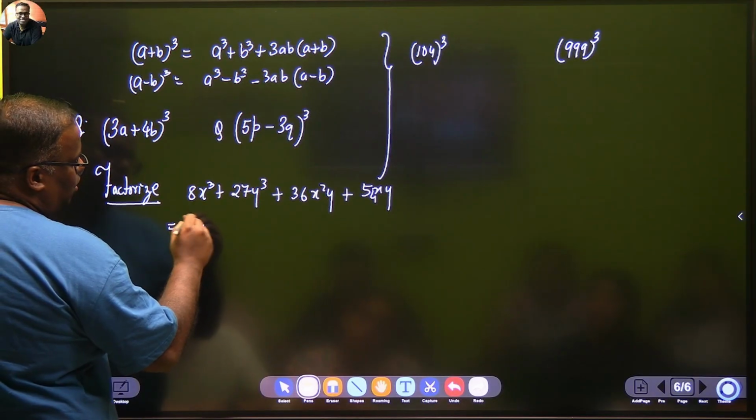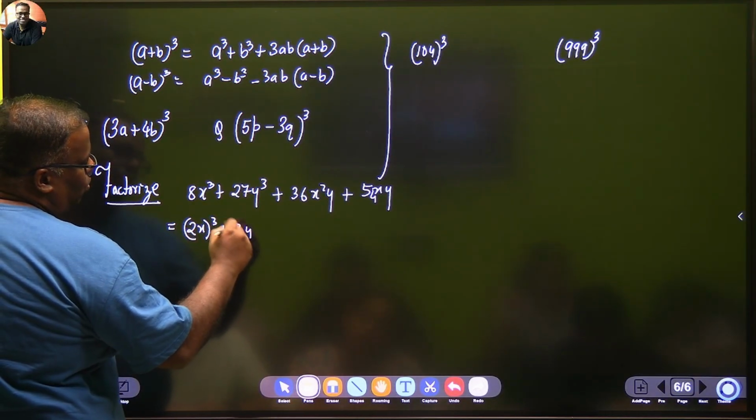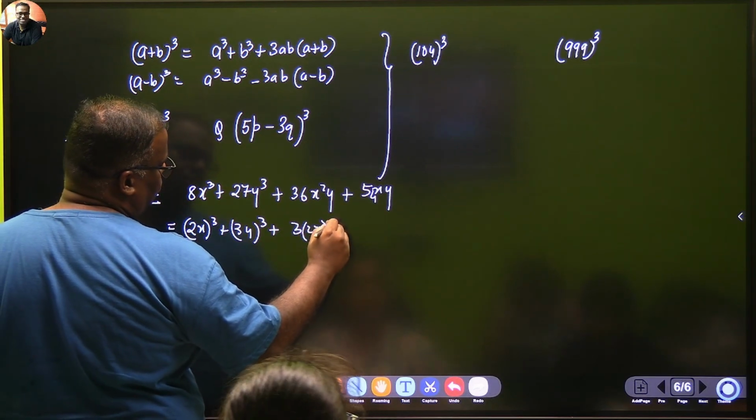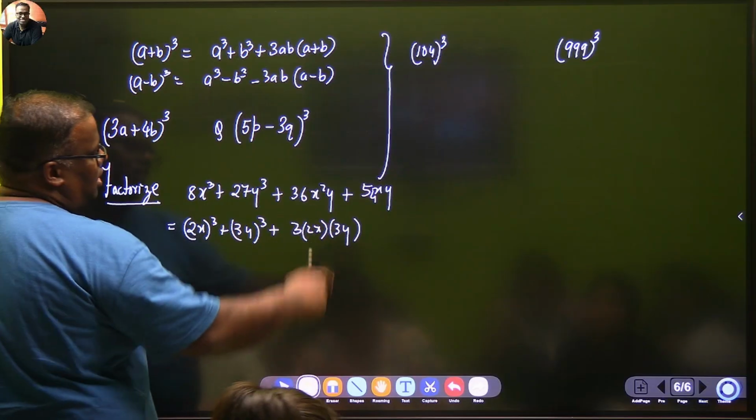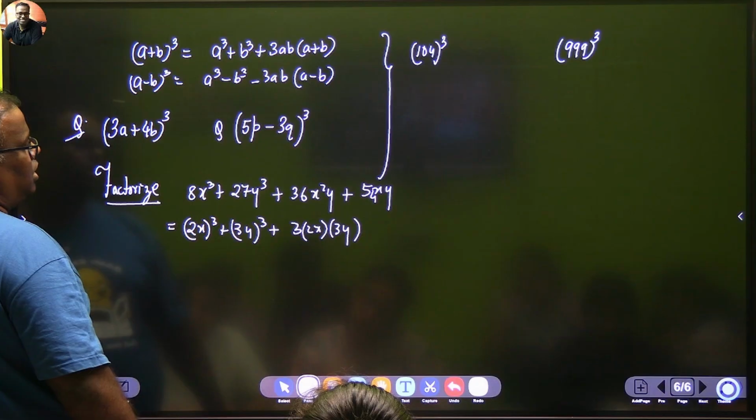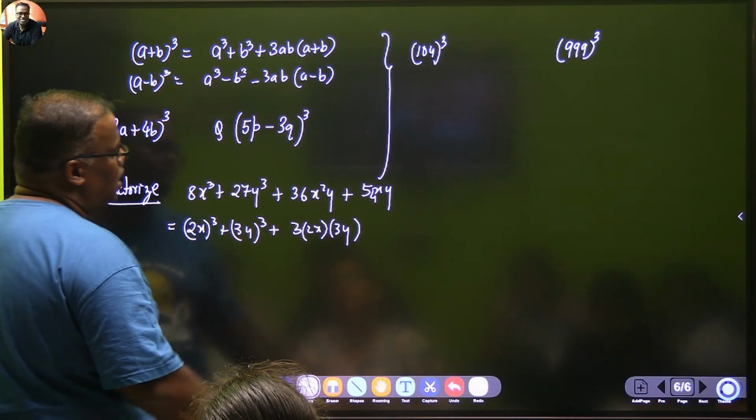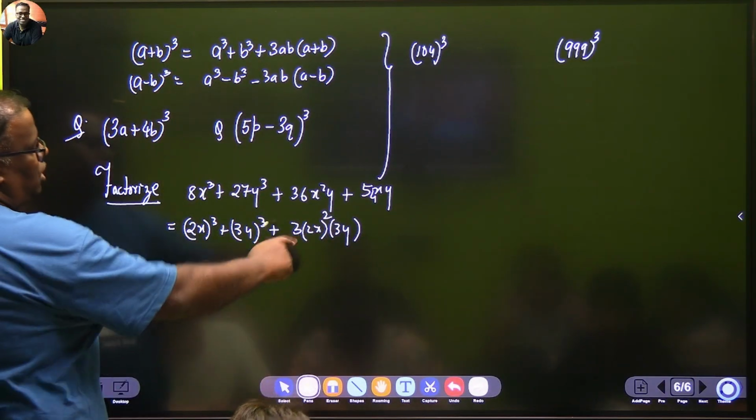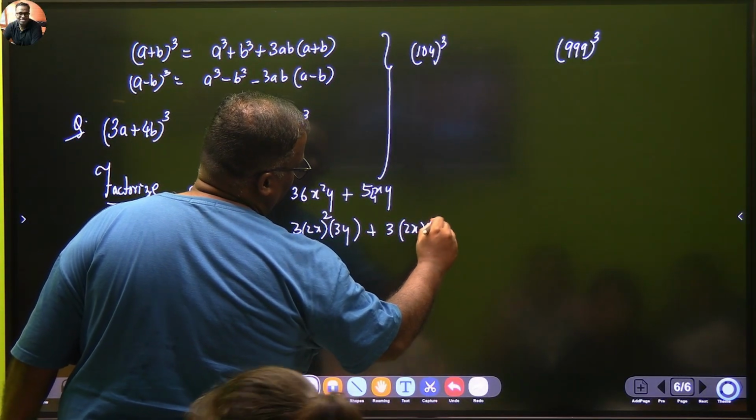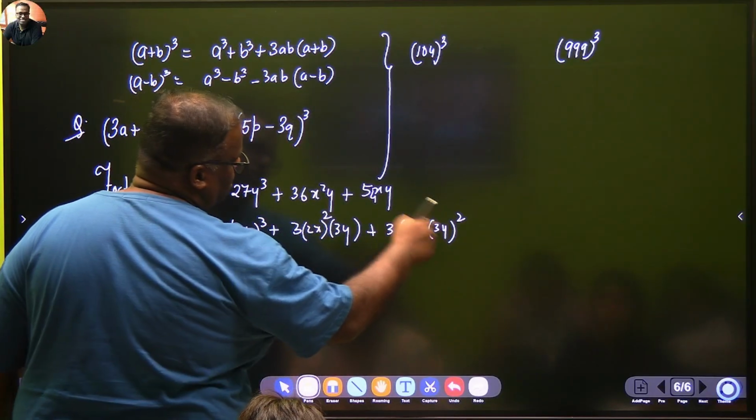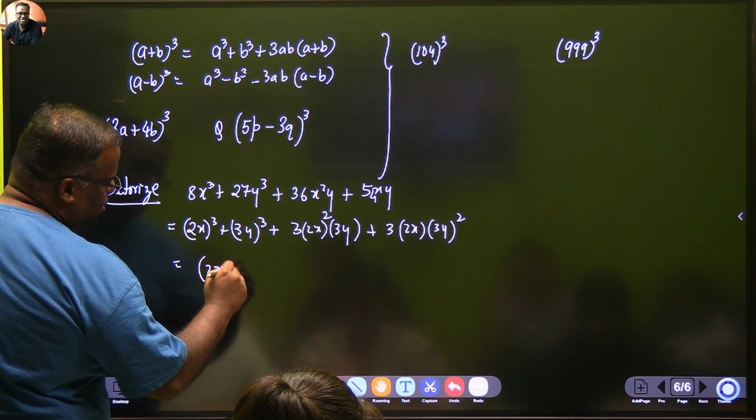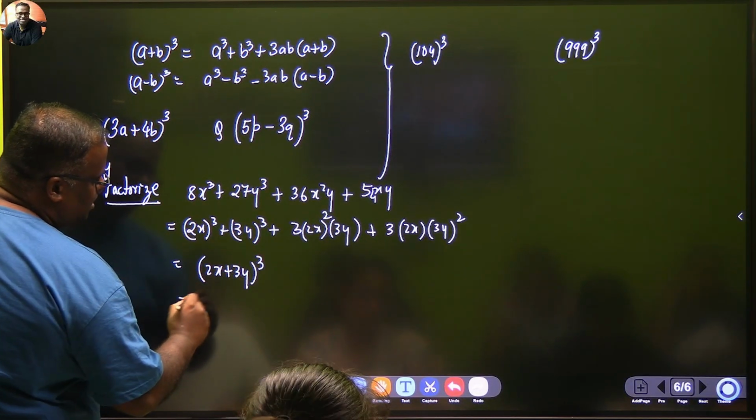ये हो गया 2x का whole cube, 3y का whole cube, फिर फॉर्मूला क्या था? 3a²b, 3 × 2x × 3y। चेक करो, 3 2 6, 3 3 2 3 36, 3a²b, हाँ 3a²b, so 3 × 4 is 12, 12 3 36 plus 3ab², 3ab²। देखो तो 3 2 6, 6 9 54, मैच कर रहा है। तो इसको हम क्या लिख सकते हैं फाइनली? (2x + 3y) whole cube, लेकिन फैक्टराइज है तो लास्ट में लिखना